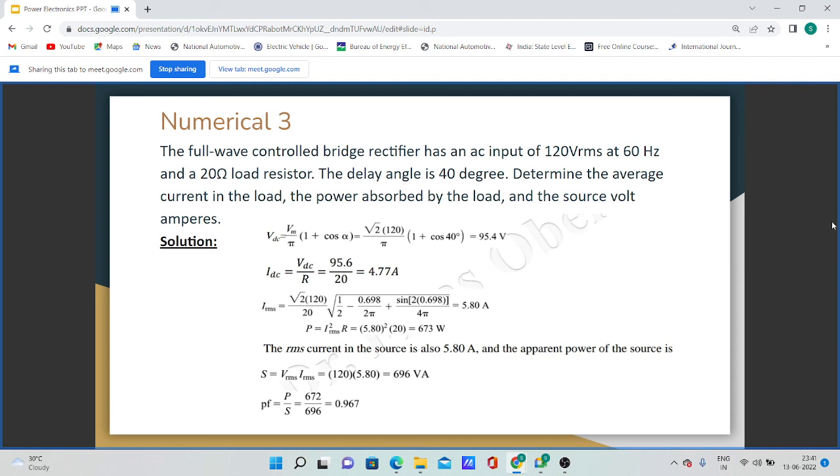Apparent power of the source is S equal to VRMS into IRMS, 120 into 5.80, which is 696 volt ampere. Then the value of P by S equals 674 upon 696, which is 0.967. Next,